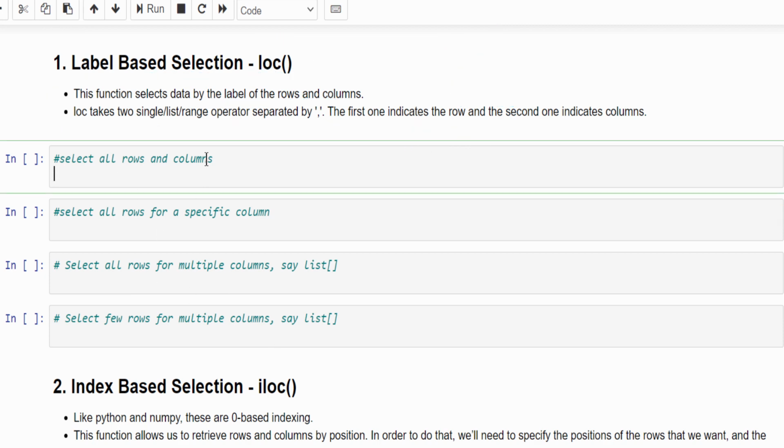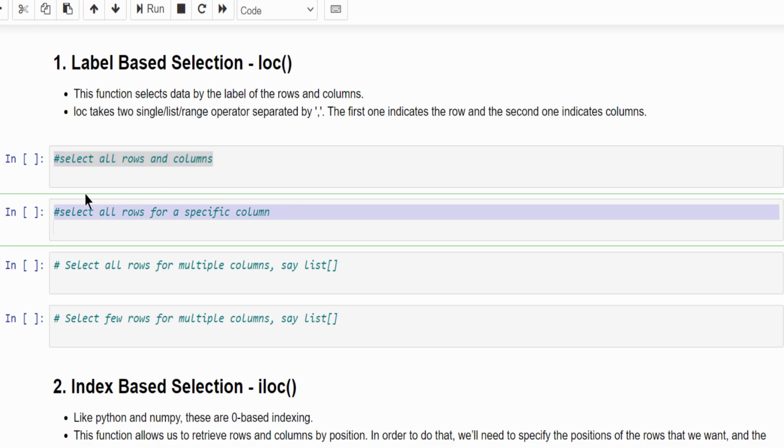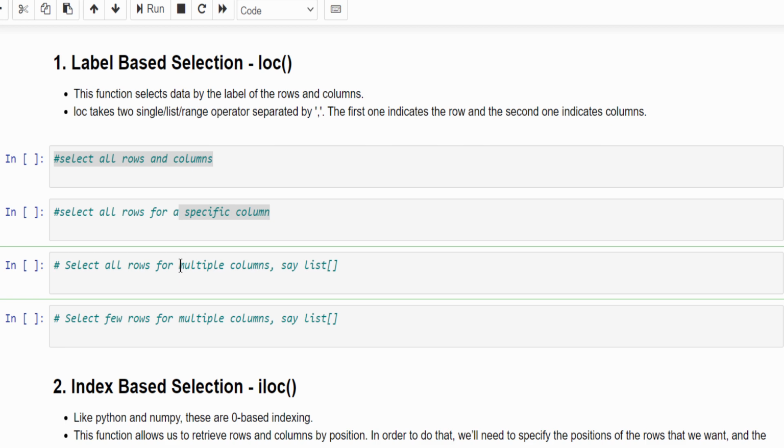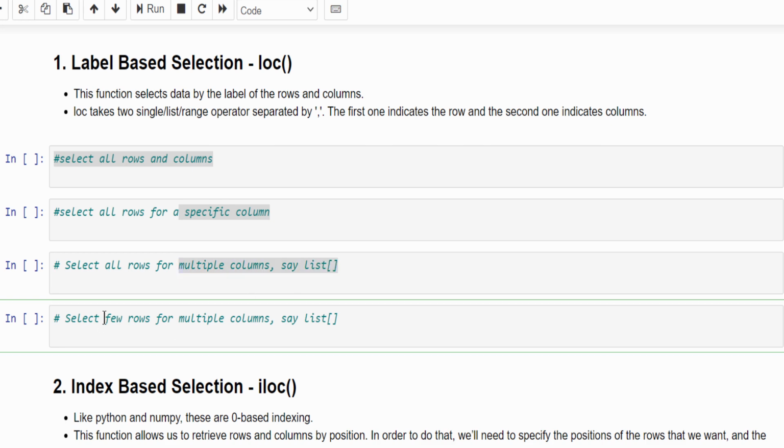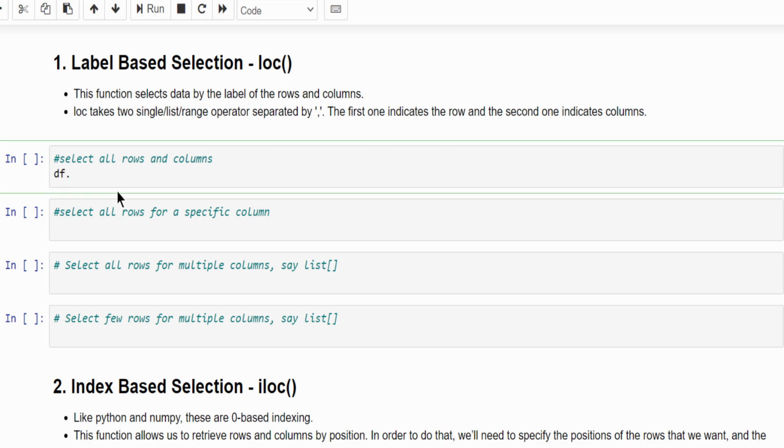Four scenarios we are going to learn: how to select all rows and columns, then all rows for a specific column, then all rows for multiple columns, and finally exactly a few rows for multiple columns. So let's increase the complexity step by step. df is the data frame created, dot loc square bracket, comma.